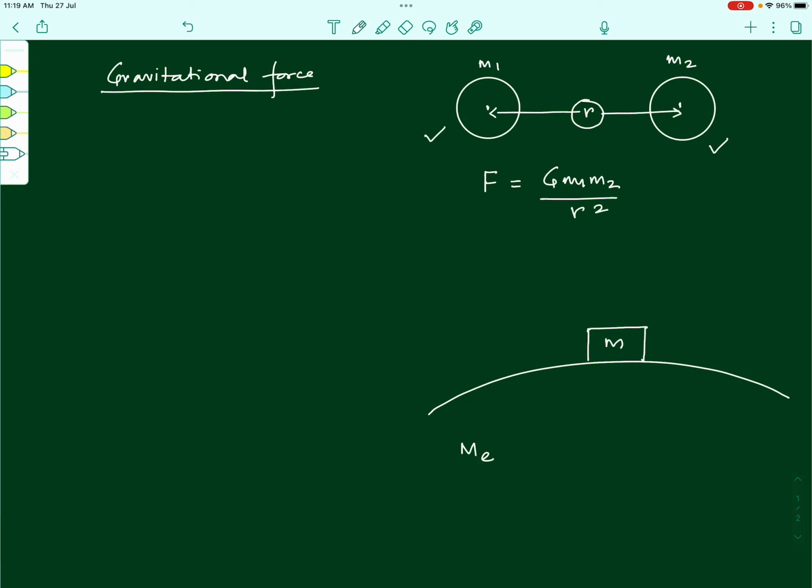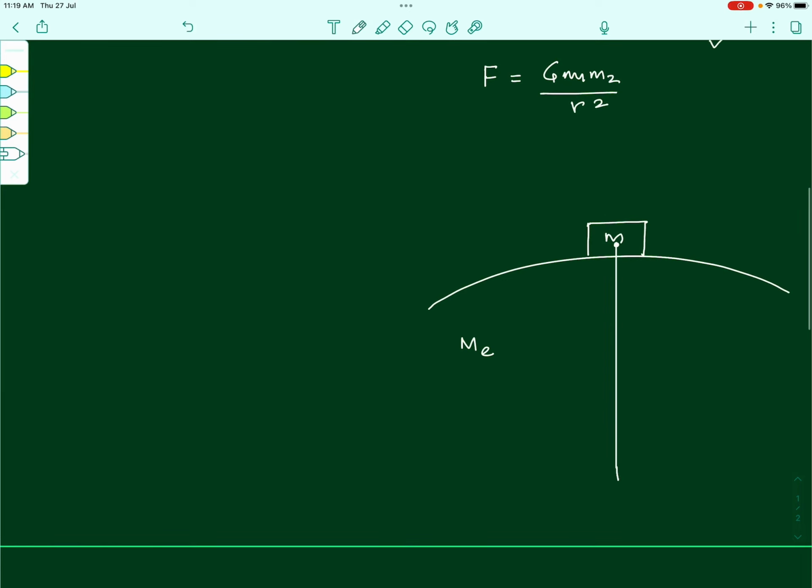Now when we try to find out the center to center distance between the body and the earth, do you all understand that since the body is very small in comparison to the earth as a system, if this is, let's say, the center of the earth, can we say this distance that we are supposed to take as the center to center distance between the bodies will be nearly equal to the radius of the earth itself, right? Because the size of this body will be very small in comparison to the size of the